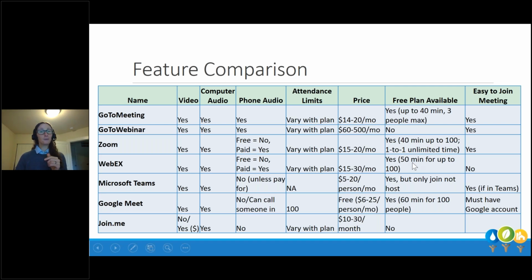But with those free plans, check that out. And there's no harm to try a free one, obviously, and then see if you like it. So you can always test drive, pick 2 of these and test drive them and see what they look like, and if you like the interface and functions.